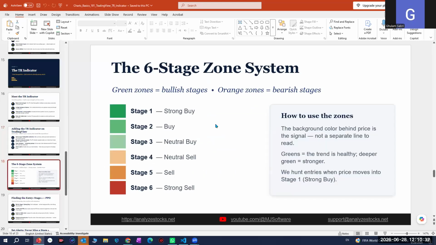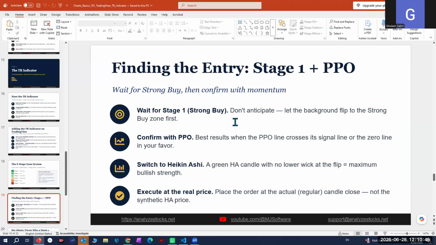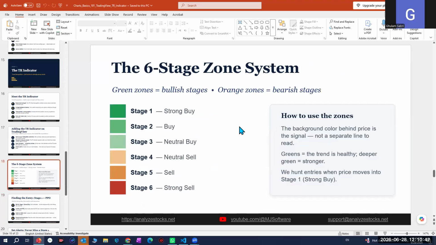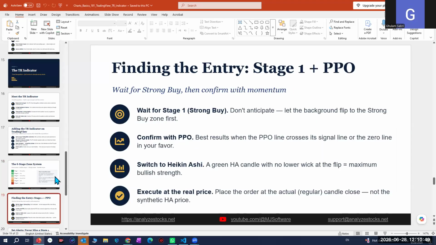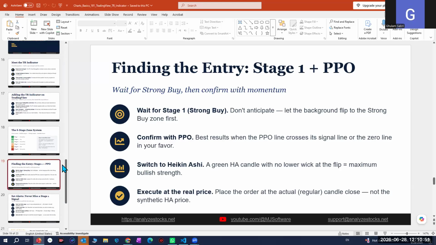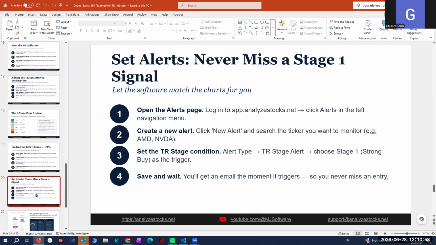If you want the copy of this presentation, I can send it to you. Just send a request to me. I can send it because I've not gone through each slide, as it would have taken a long time. And how to find the strategy, I explained. Stage 1 plus PPO. I can explain it again if you want. One feature I did not